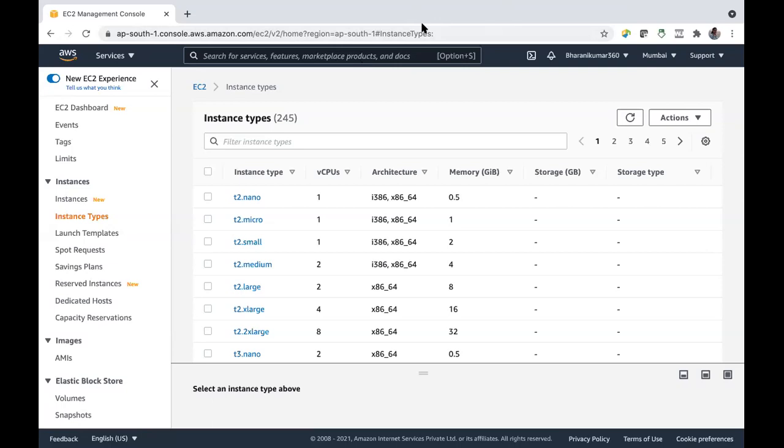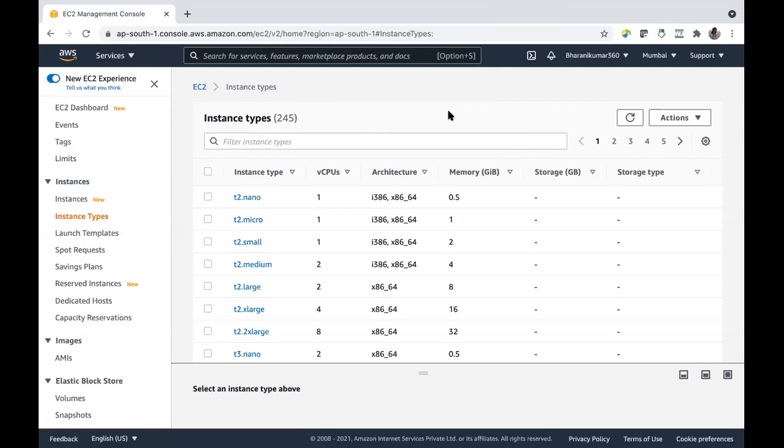Memory optimized, yes, very good. Accelerated computing. And storage optimized. Yes, storage optimized. So those are the families.